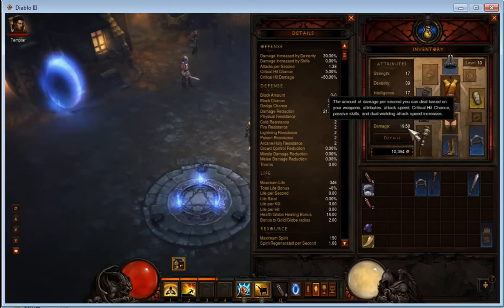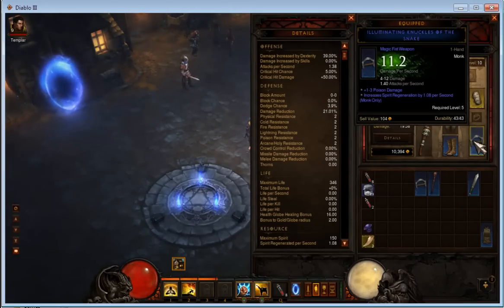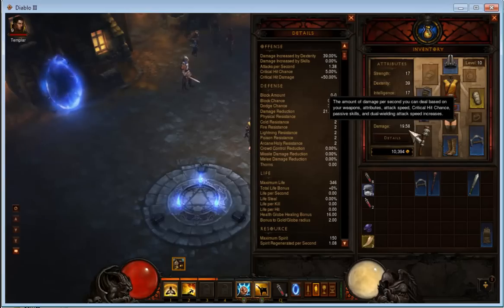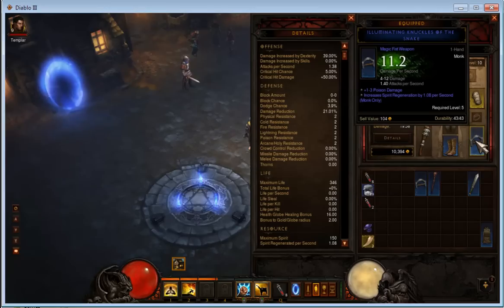Now, a couple of interesting things. This guy says plus 1 to 3 poison damage. I don't model that anywhere here. I don't have any column for poison damage. But I get the same number that they're saying. That indicates to me that their DPS doesn't take into account poison. Because if this poison damage is true...